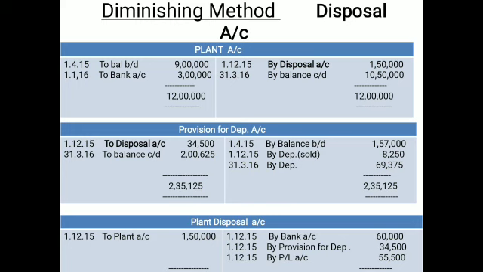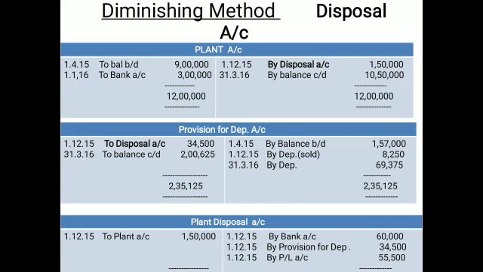Now write down the sale value, like 60,000 given by bank, and see the difference. If the difference is like here, on the credit side, it is called loss on sale of plant, that is 55,500. Sometimes it may be a gain. So you have to close the plant and disposal. As a simple approach, you just have to do all the aspects in the provision for depreciation, and you have to shift the total depreciation of the sold machinery when it is sold on the day, to the plant or to the disposal. Maximum calculations are standing in the provision for depreciation.